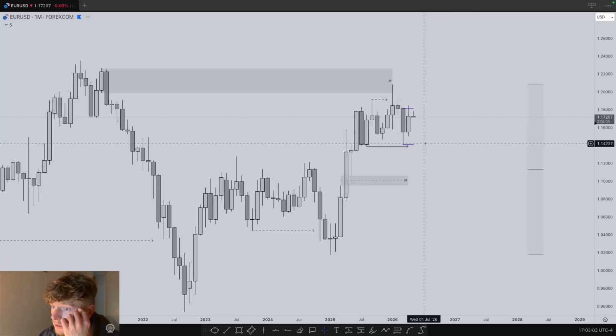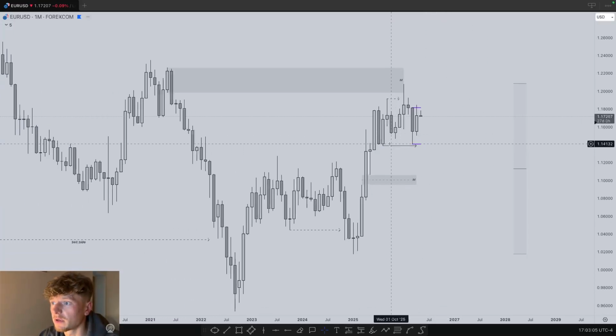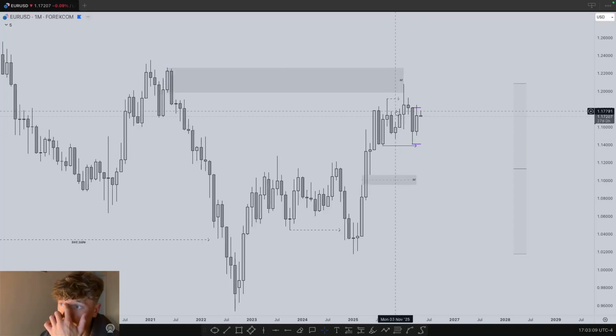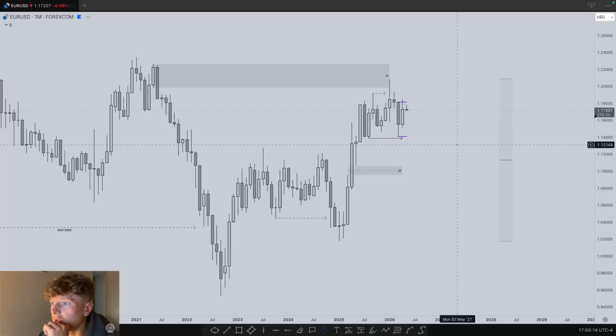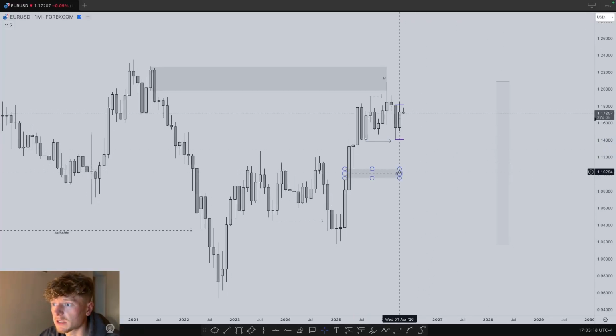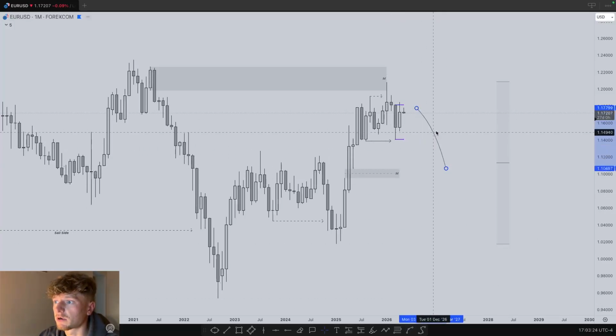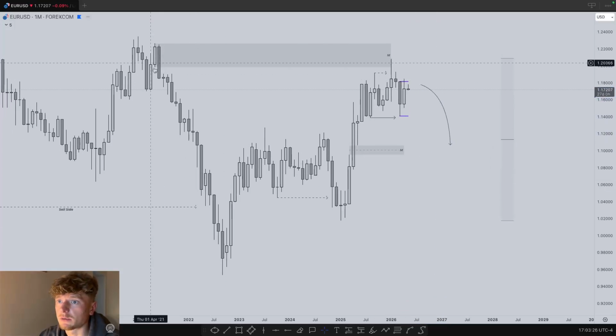March's low. And March's low also lines up with the relative equal lows we've got here coming off the run on high time frame liquidity into this high time frame POI. So the way I look at it, things are pointing lower for the euro. We also have this monthly fair value gap down here, so we could see a discount rebalance following bearish order flow. As you see, we've got a